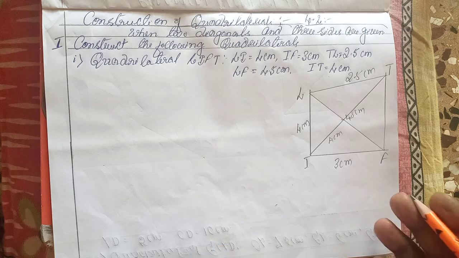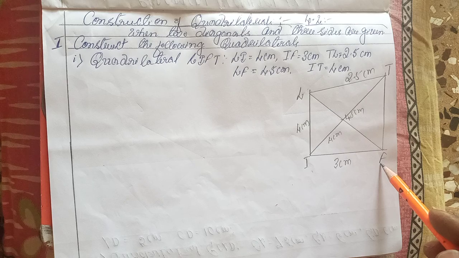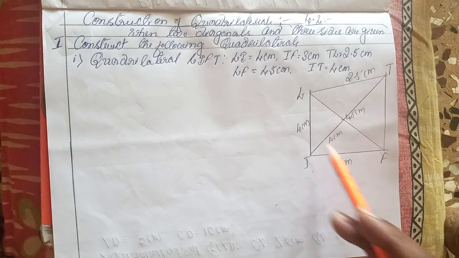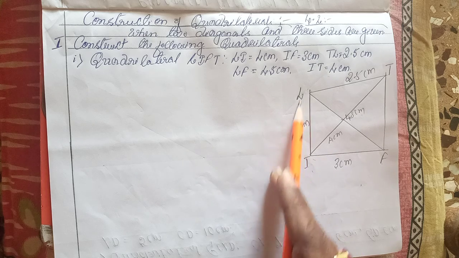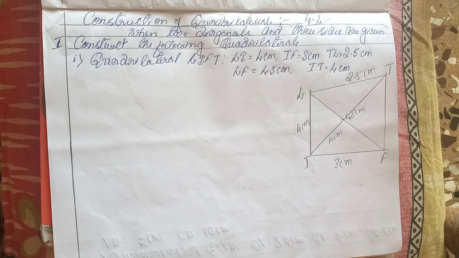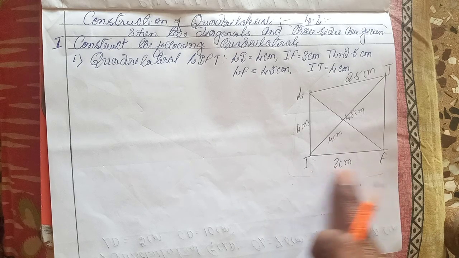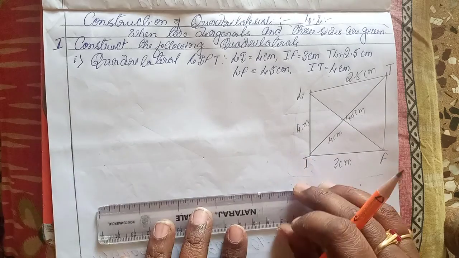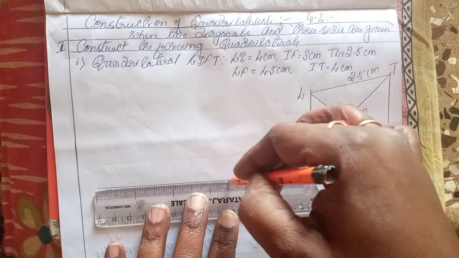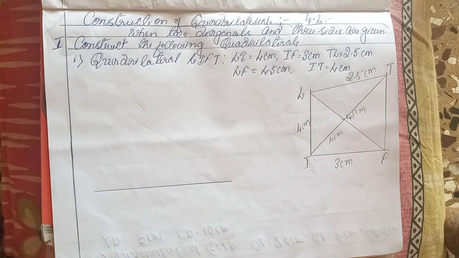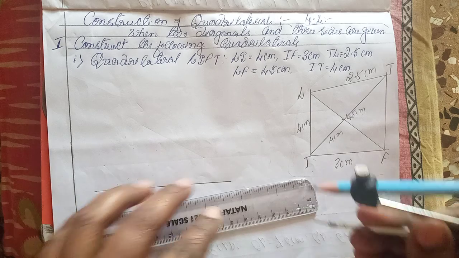Now look here, three sides. Here we are getting a triangle LIF. In this, we have the lengths of all three sides. Therefore, first we are drawing the triangle LIF. For that, the base is taken as IF. Draw a line IF like this. The measurement of IF is given as only 3 centimeter.